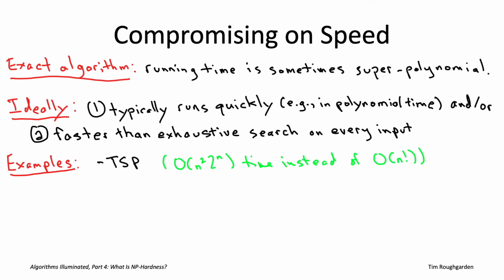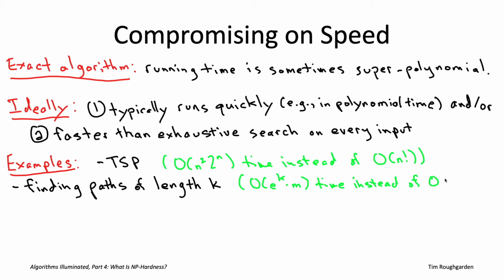We'll also look at a dynamic programming algorithm, which coupled with randomization gives a very beautiful algorithm for finding long paths in graphs, which has been applied to finding signaling pathways in protein-protein interaction networks. Specifically, if we're looking for a path of length k in a graph, meaning a path that spans k vertices with k-1 edges, naive exhaustive search would scale as n to the k, where n is the number of vertices and k is the path length we're after.